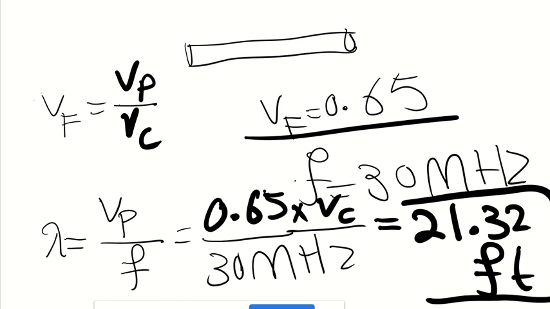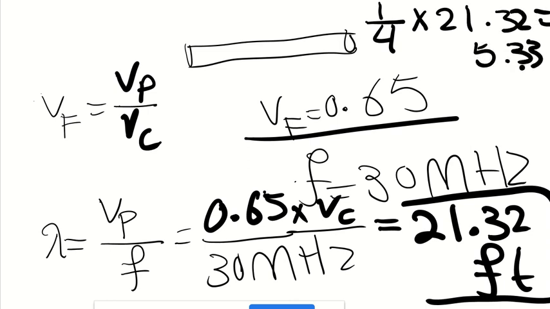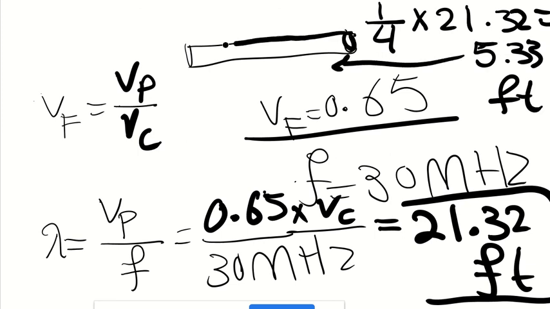Now, I want a transmission line, let's say the length should be bigger than 0.1. So let's choose 0.25 times lambda, which is 21.32 feet, so 5.33 feet will be the length of the transmission line,